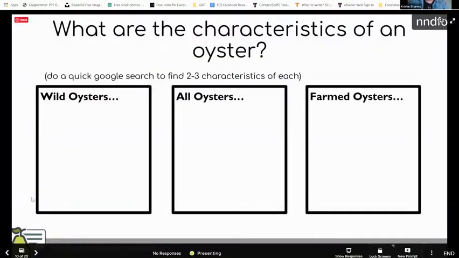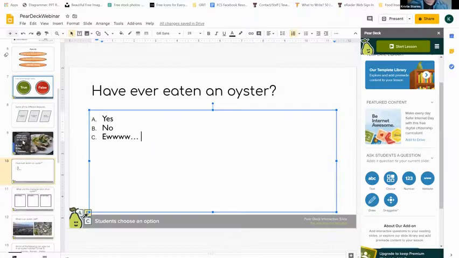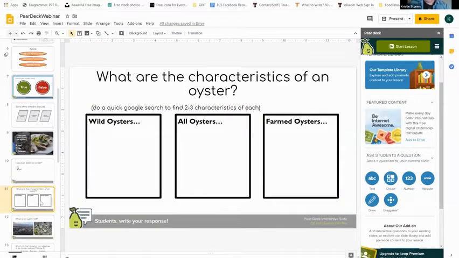Okay, so the next one is the text option. So this is how I've designed this slide. Once again, just like the last one, I went in here and I figured out what I wanted it to look like. And so the question here is, what are the characteristics of an oyster? And so in the actual PowerPoint, I would have already given you some